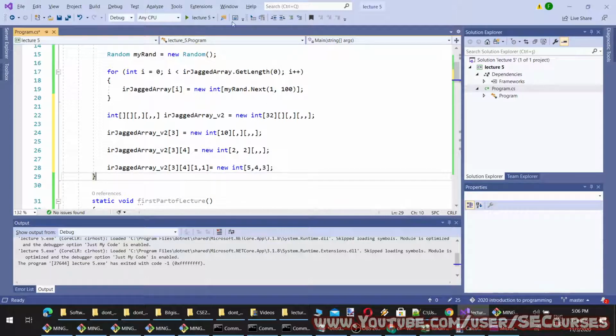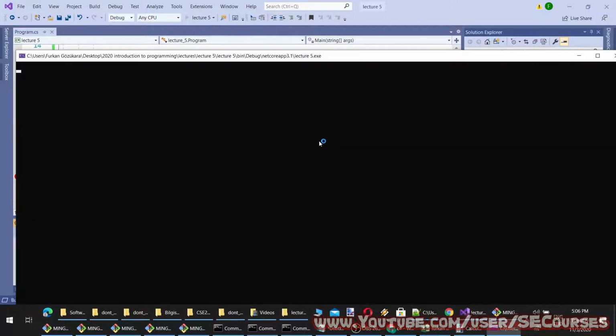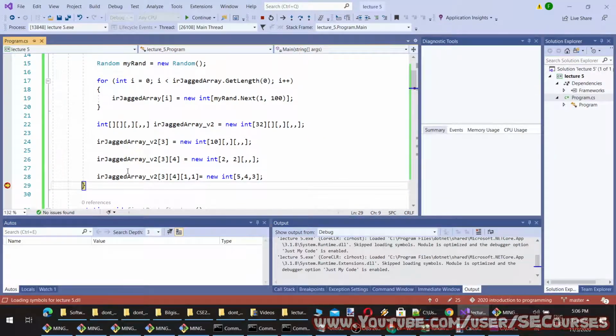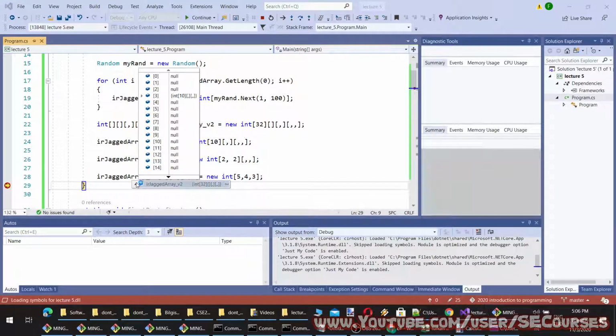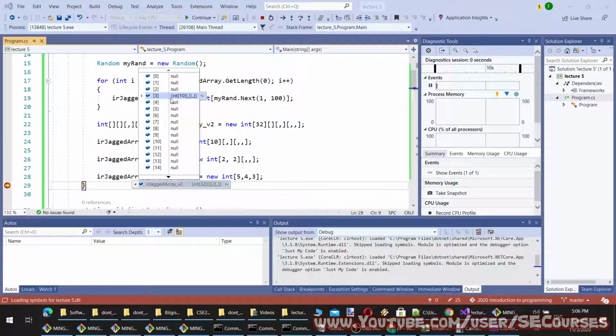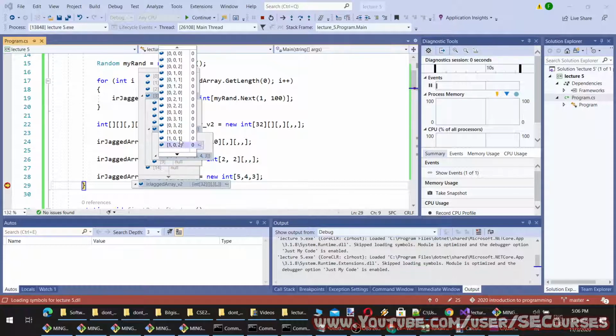So let's look at the debug window to understand if we can. Each dimension is separately initialized. You see first the fourth element of the first array is initialized, then the fifth element of that array is initialized, then the fourth element of that array is initialized, and we are at the last dimension.